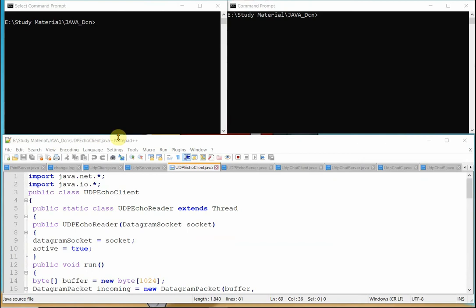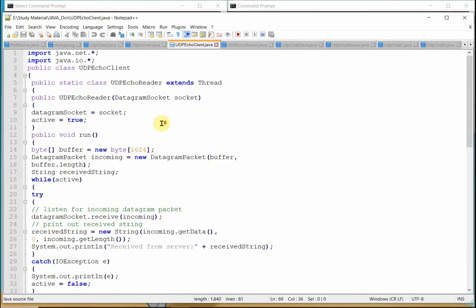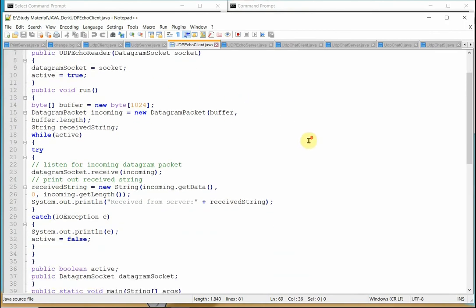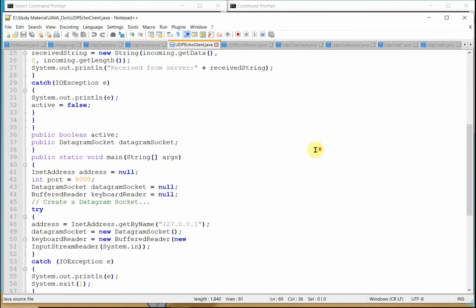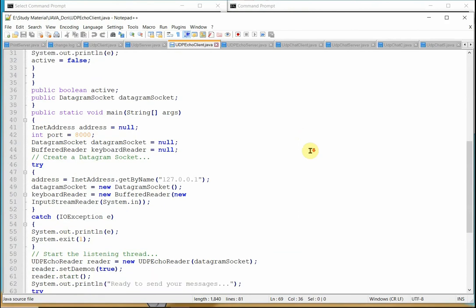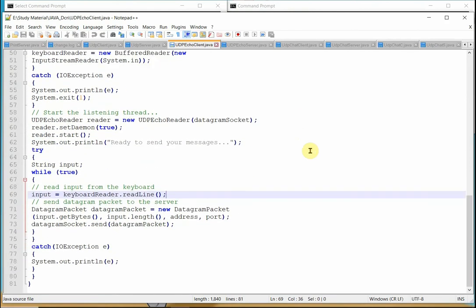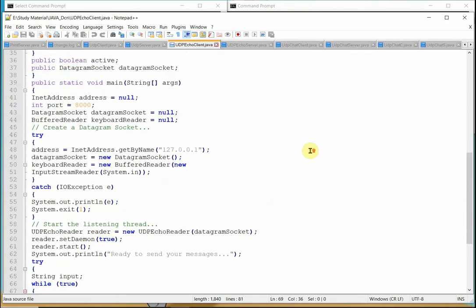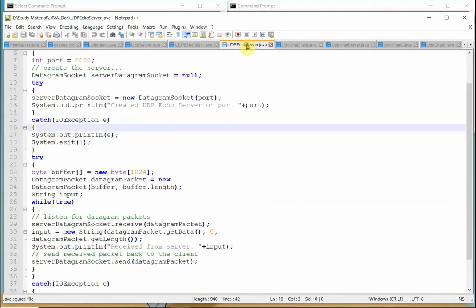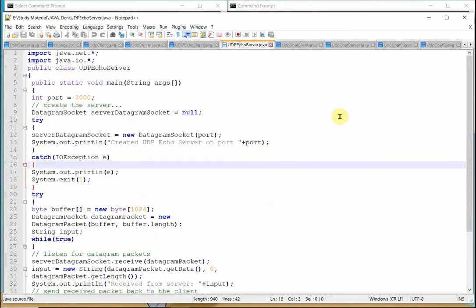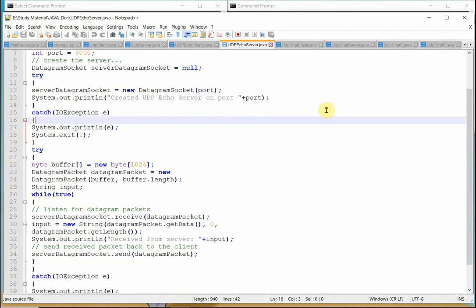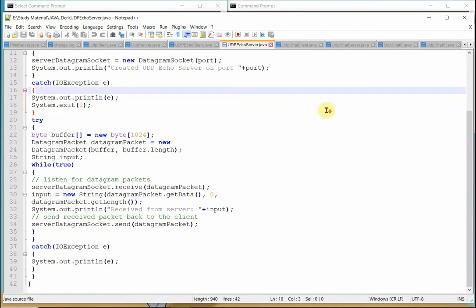Now we are going to see about echo client and echo server. So this is the code for it. And this is the UDP echo server program.